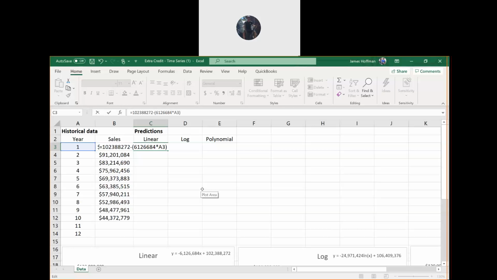We're exactly typing in this equation that we got from the linear trendline equation, and you got to type in the x, and the first x is A3. So there's your equation.